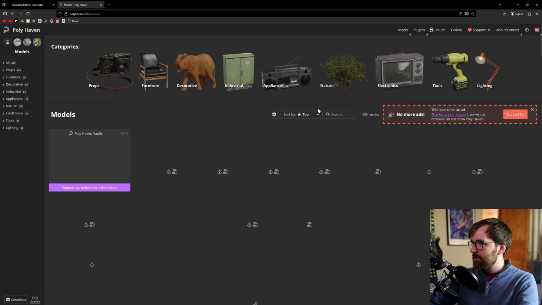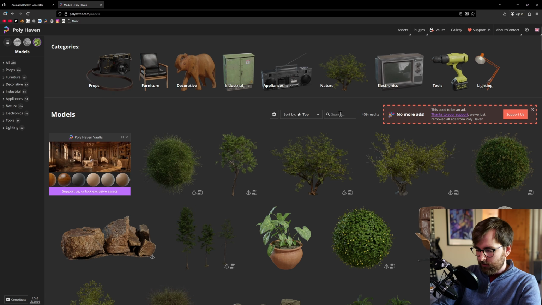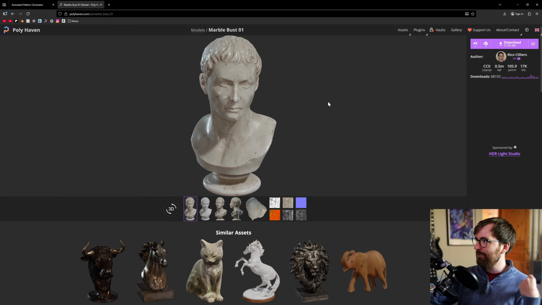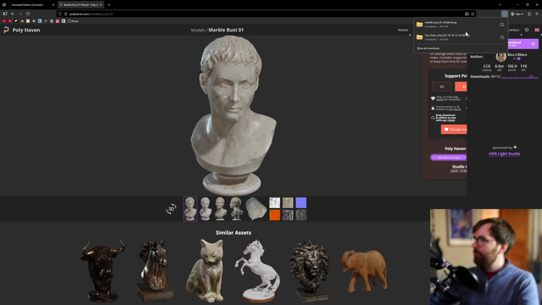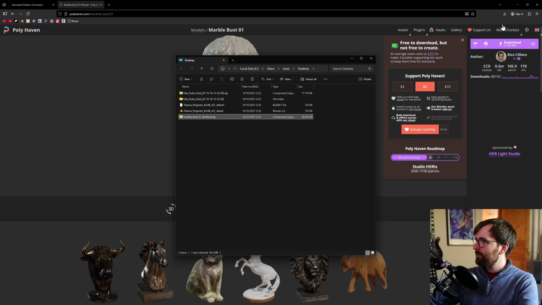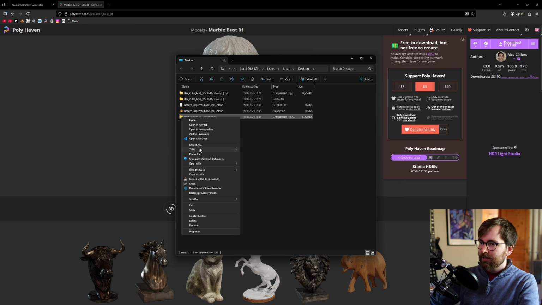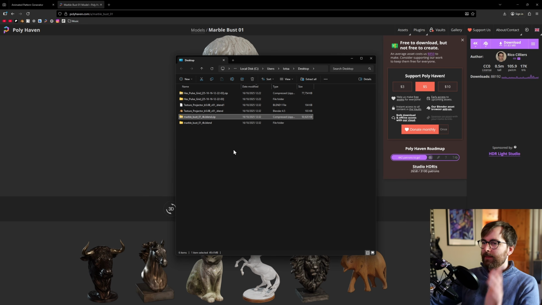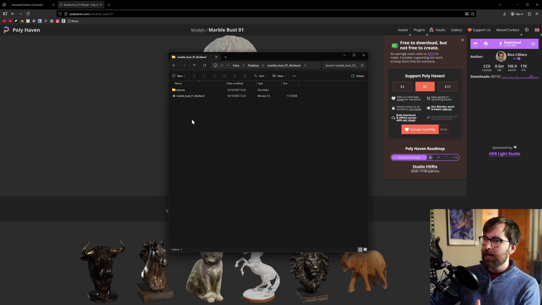So if you go to models, you can search for bust. There you go, marble bust. And if you just download, you can download the entire blend file, where we'll get the 3D model and textures and everything. So if you click the folder here, then you can right click, 7-zip, extract to, and you get a folder. And what I like to do with stuff I've downloaded from Polyhaven is that I like to just